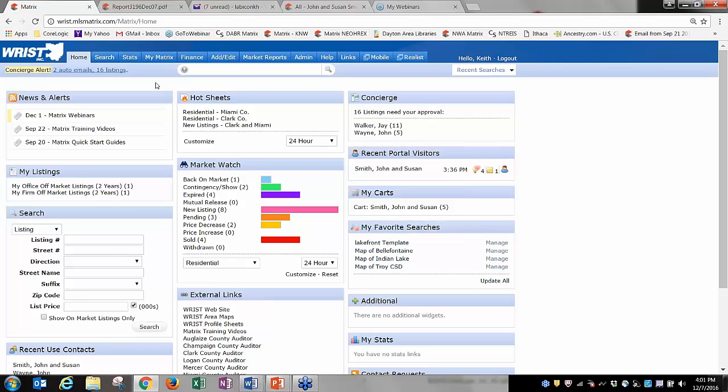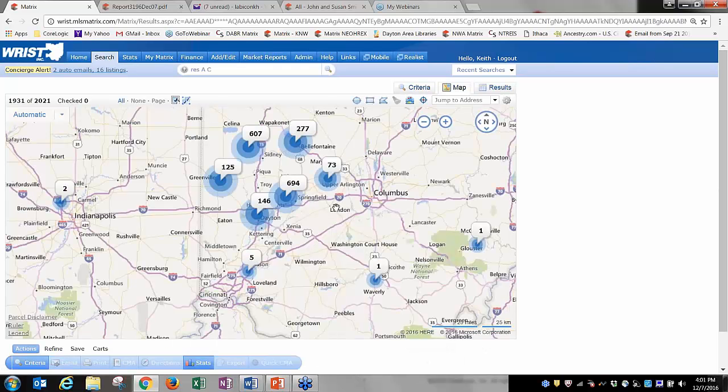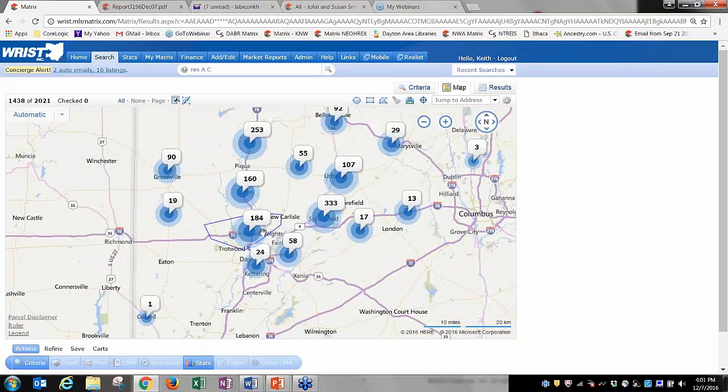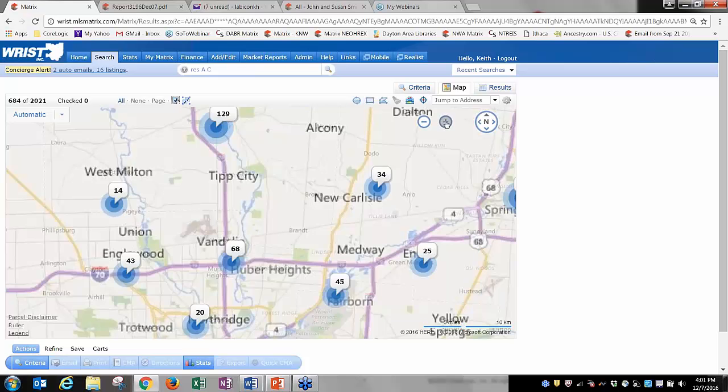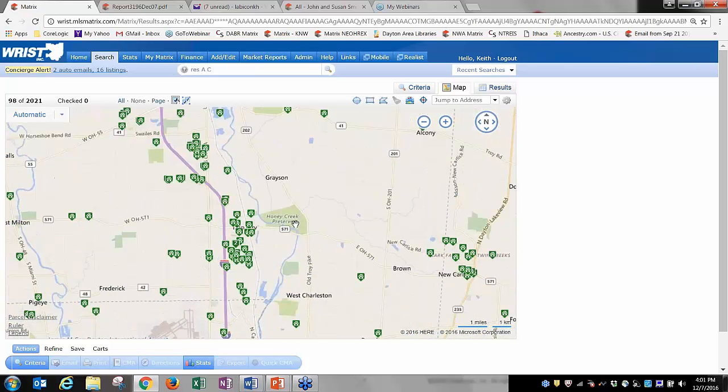well, what you could do, let's say I do a search, and let's say I like to do a map shape. When I click on a map search, first of all, you probably get this from time to time. You get all these little pins or balloons in your way. If I want to go in and draw my own shape around Troy, it gets kind of distracting because I got all these